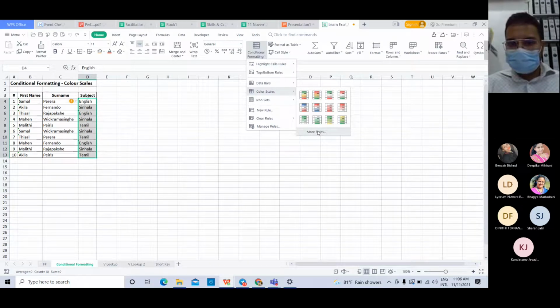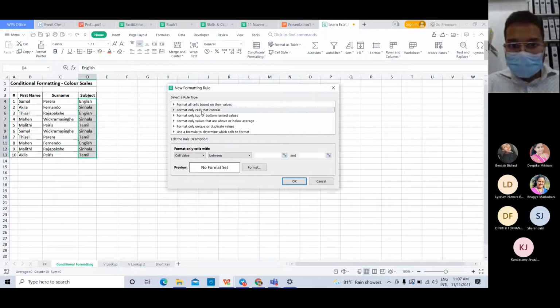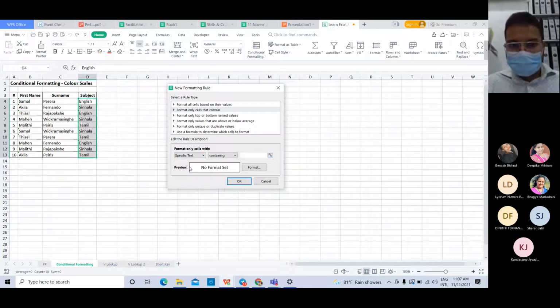You go to more rules, and then you have to select a rule. What is the rule that you are going to give? Here you can select format only cells that contain. This is a text, no? So select format only cells that contain, and under format only cells with, now this is not a value, this is a text. So here you can select specific text containing, and I'm going to type